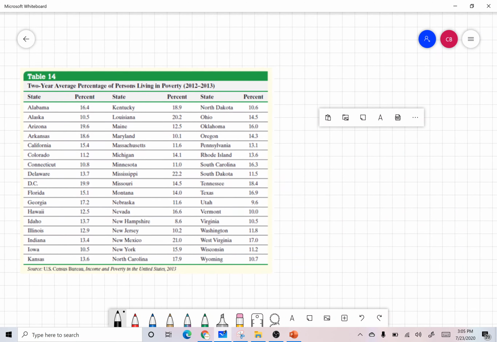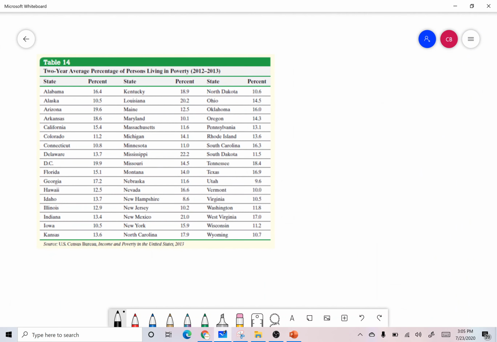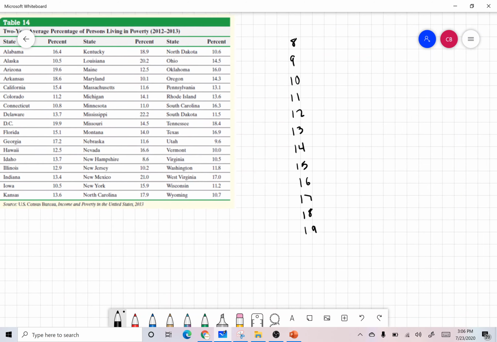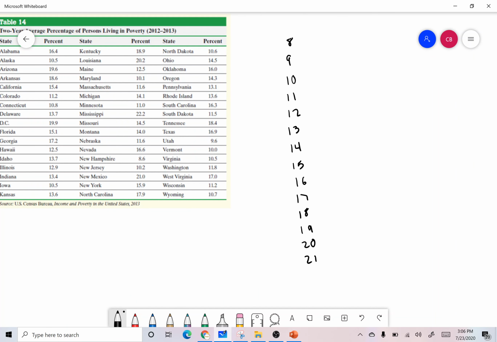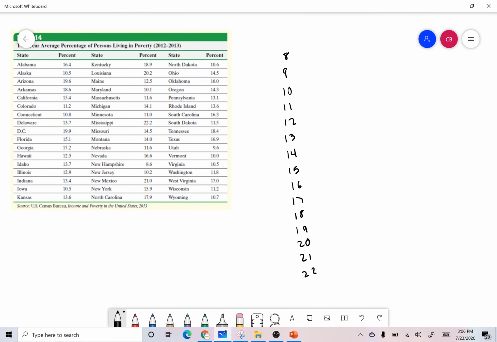So the lowest value is 8.6, I think. So we need 8, 9, 10, 11, 12, 13, 14, 15, 17, 18, 19, and I think, oh, there's 20, 21, and 22. Okay, so 20, 21, and 22. I hope there's not anything bigger, but what we would do, and I'm not going to do all of this, but you'd write all this, and then 8.6 is our first one, I believe,